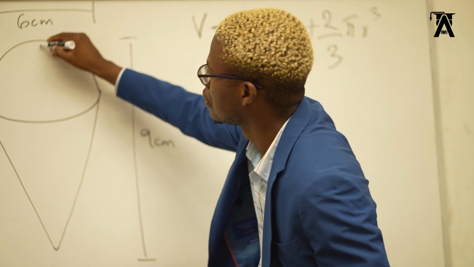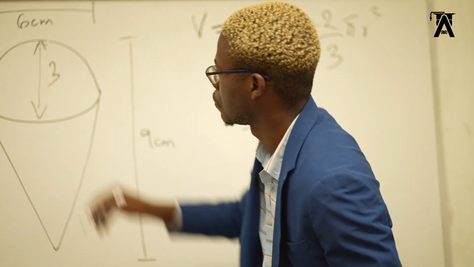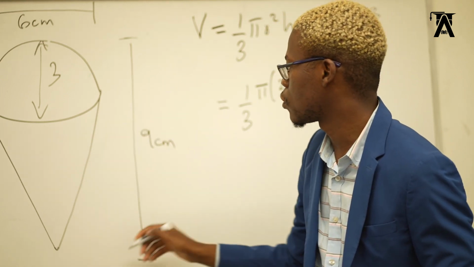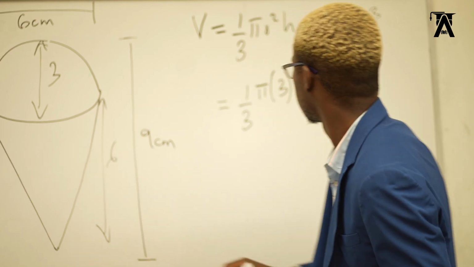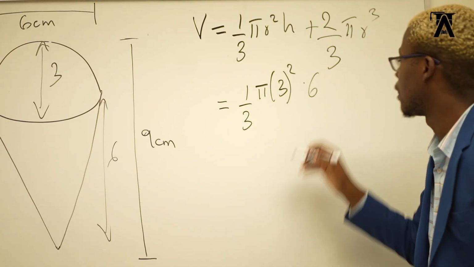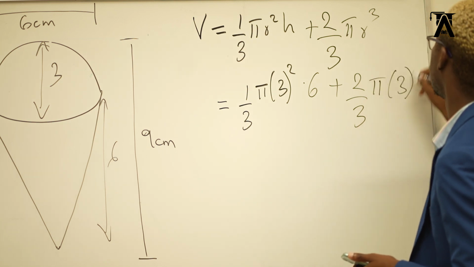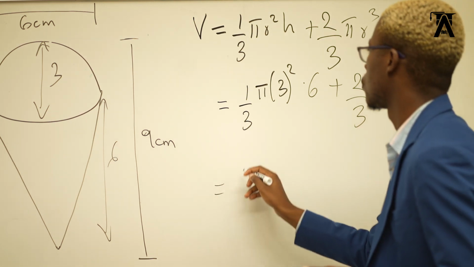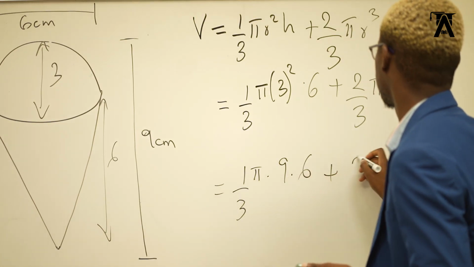Now remember, this is 6, so this is 3 here. Okay, now what is the height of the cone? 9 minus 3, which is what? 6. So times 6, then plus 2/3 pi 3 cubed, which is equal to 1/3 pi 9 times 6 plus